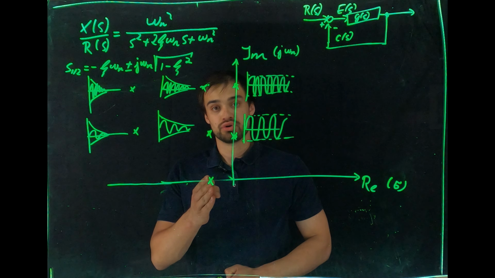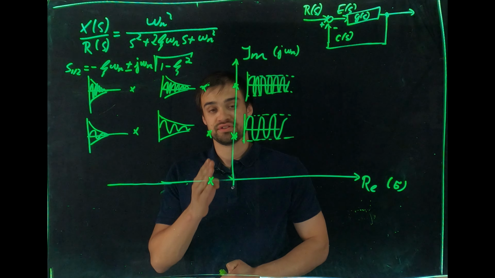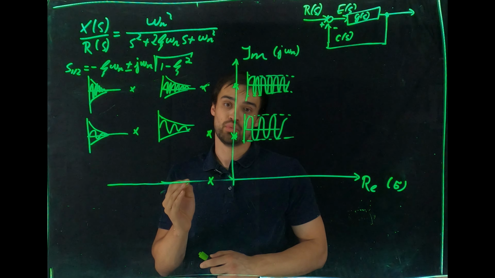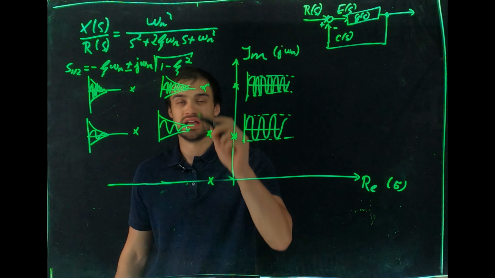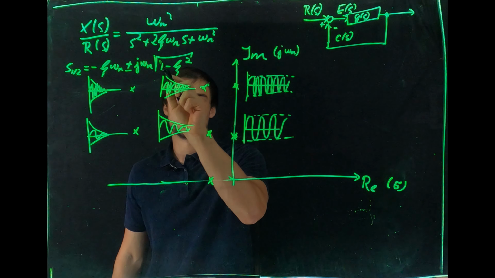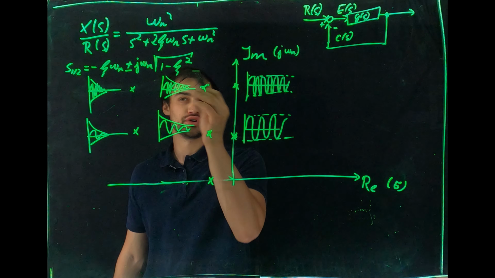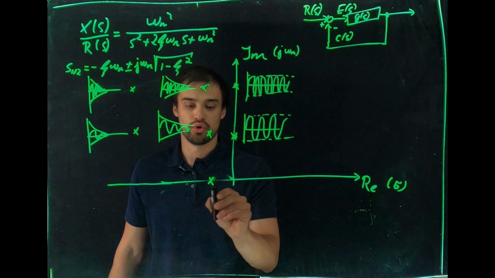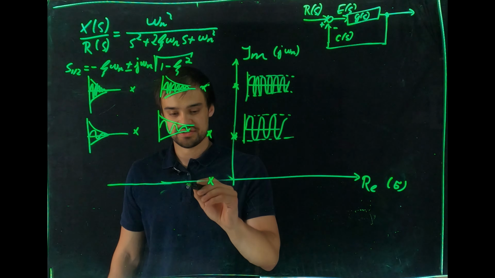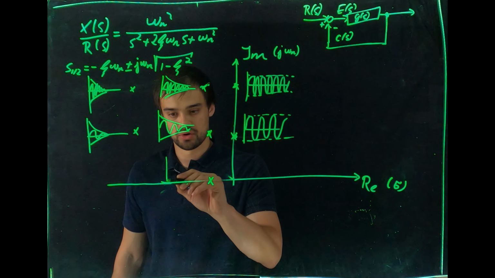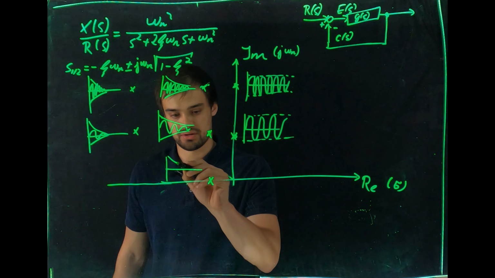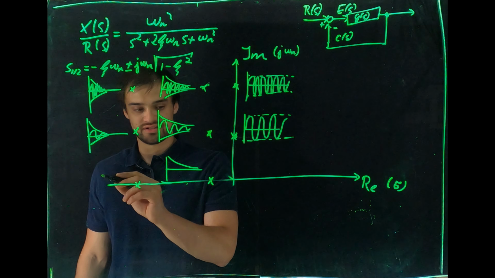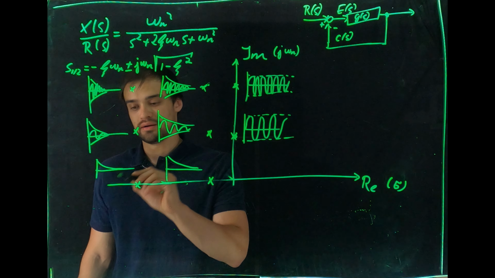If the root lies on the real axis, that means the system is critically damped, and the damping ratio, zeta, is exactly 1. In this case, the imaginary term will simply go to 0, because the natural frequency itself is not 0, but the minus omega n is exactly reflected on the real axis. In this case, the decay would look like such. If the root lies much more on the left-hand side, then the decay is happening again much faster.